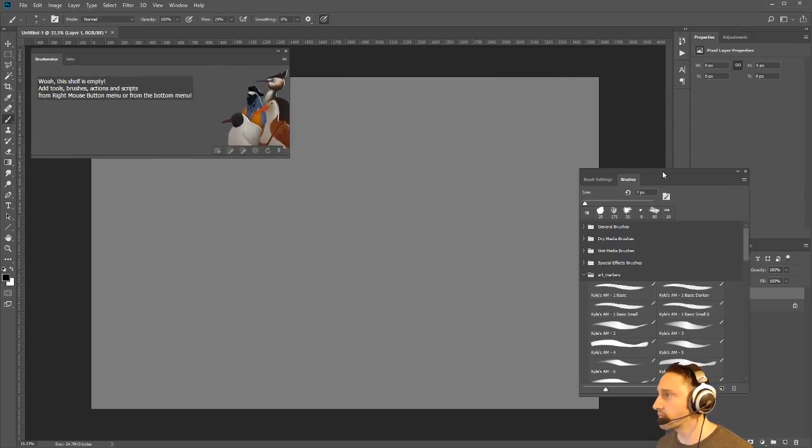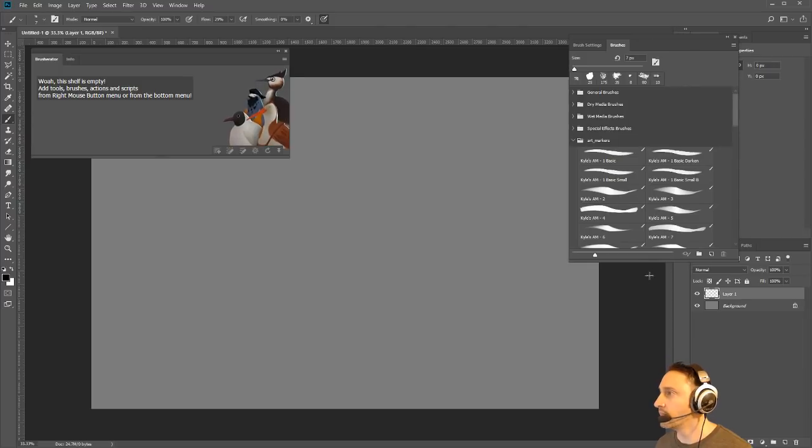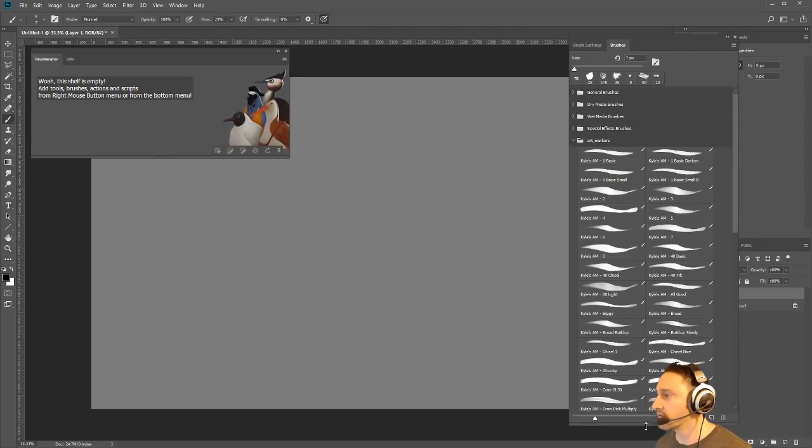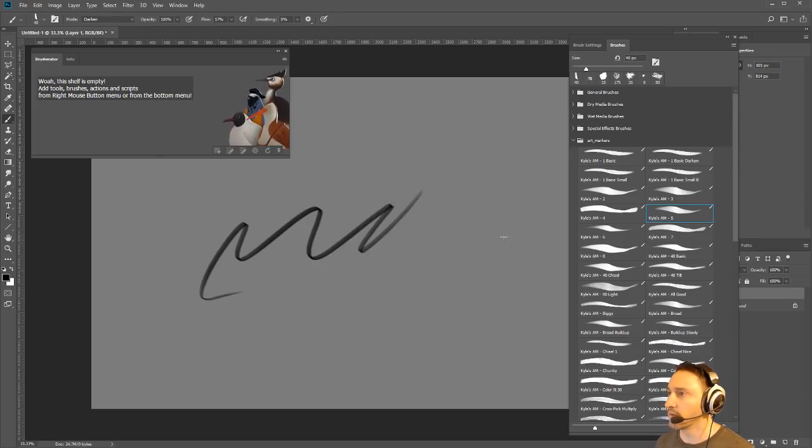Normally I would just throw this window not in my screen, but since I have to fit within this 1920 by 1080 viewport, that's where I am. So we're under art markers here, so we can just select some of these and start playing with them. For some reason, in Windows 10 and 2018, not on my laptop because I think I had that Photoshop Ink fix,